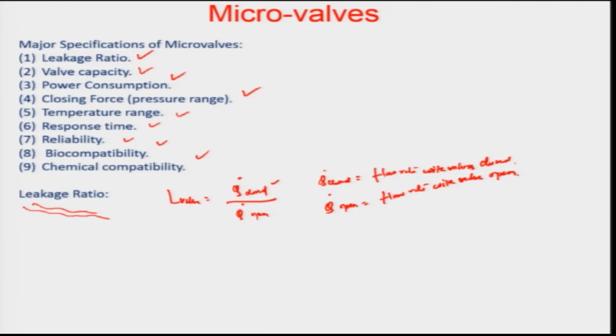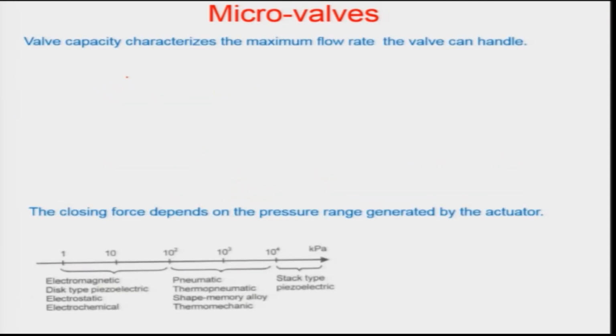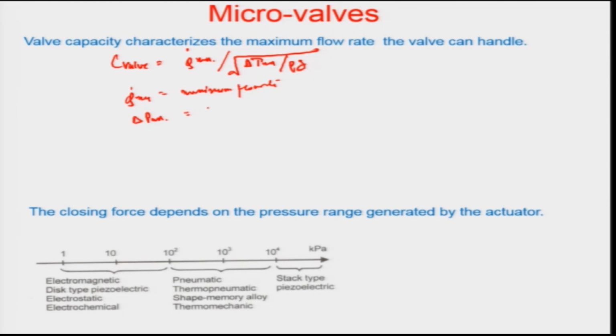The other important issue is the valve capacity, which is actually defined. So there is a mathematical description of this. It is basically the rate of the maximum flow that the valve can withstand divided by the root of the total pressure difference across which the valve is operating per unit, the density of the fluid, and the acceleration due to gravity product. So here the Q dot max is the maximum flow rate allowed through the valve, and delta P max is the maximum pressure drop